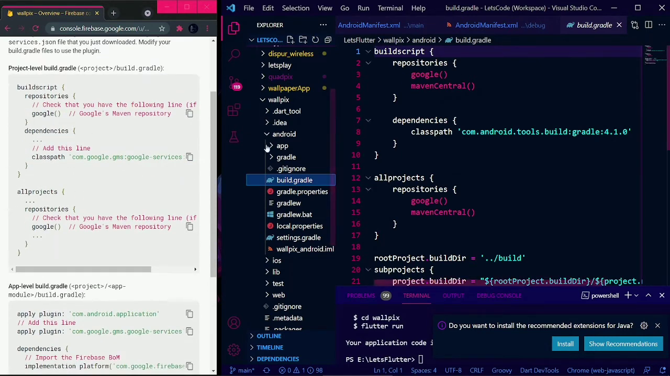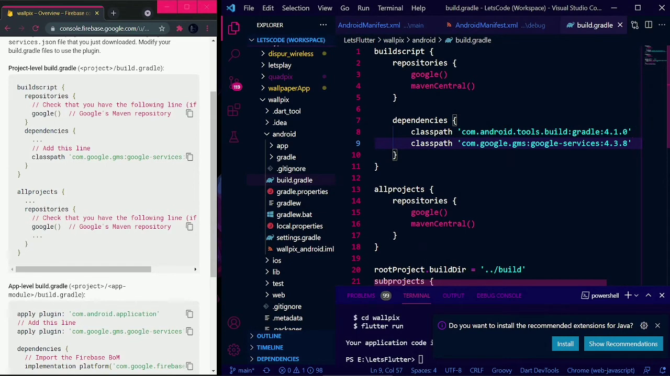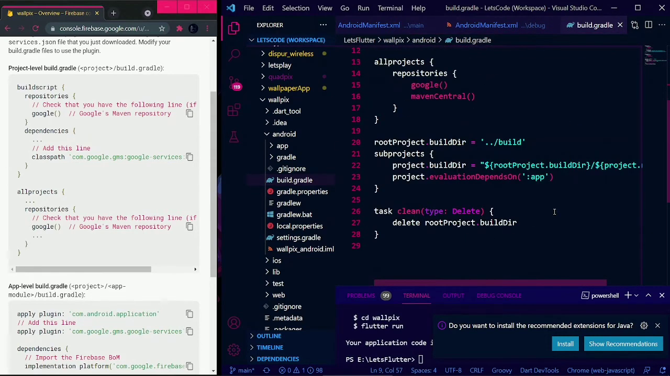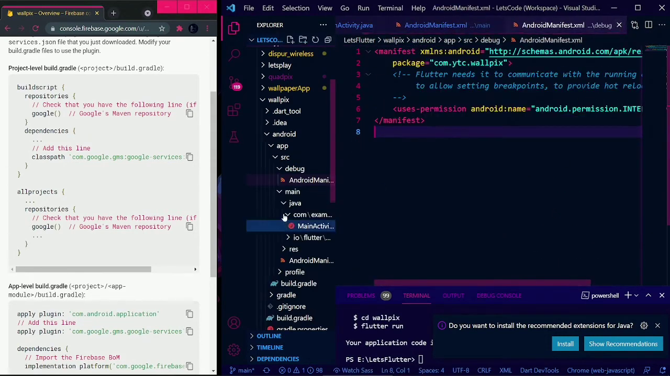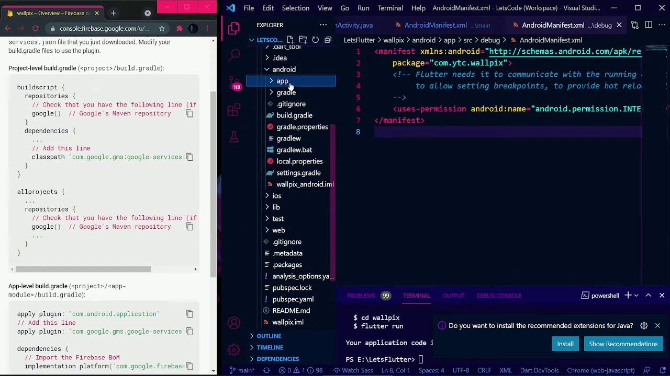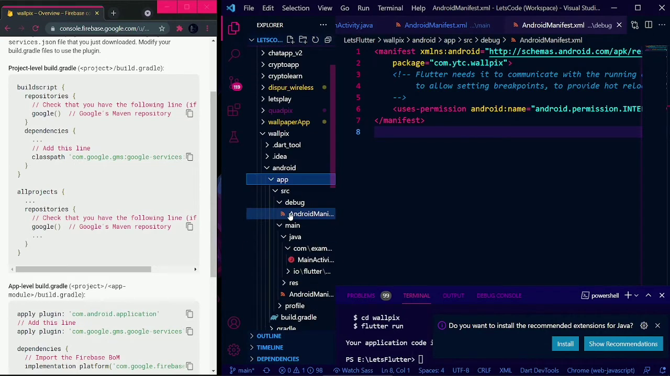In dependencies it has classpath, so we have to copy this, this is not there, so just paste it here, and again allprojects repositories, so it is there, Google. So we have done everything here. Now comes the app level build.gradle. So in the app level build.gradle,